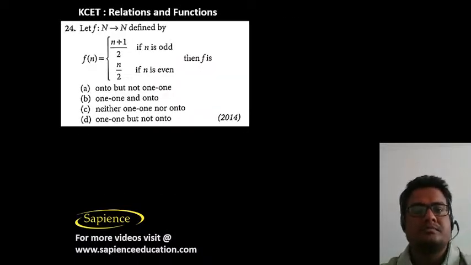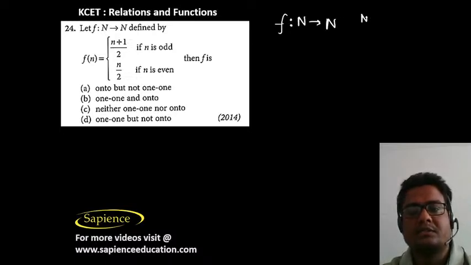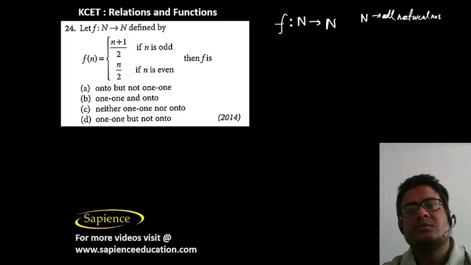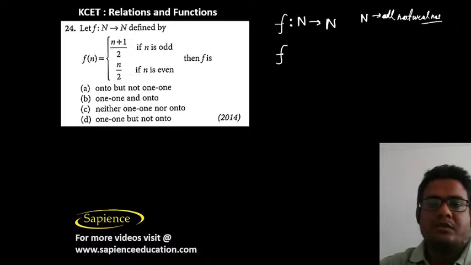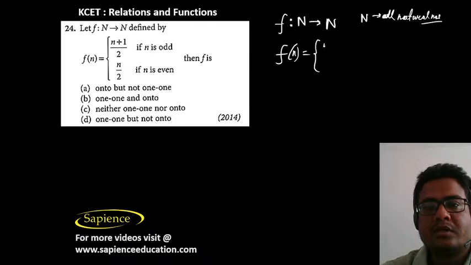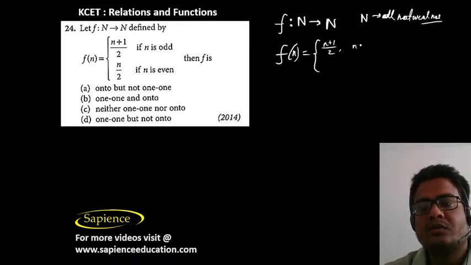Then, let the function f map from the set N to N, where N is the set of all natural numbers, defined by f of n equal to (n plus 1) by 2 if n is odd, and equal to n by 2 if n is even. Then f is,